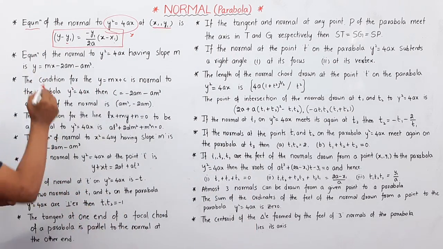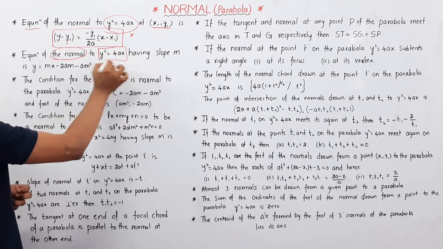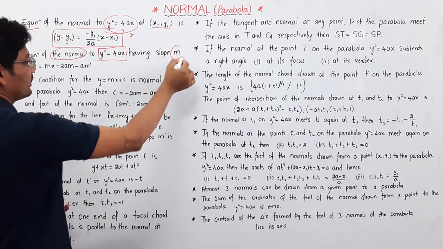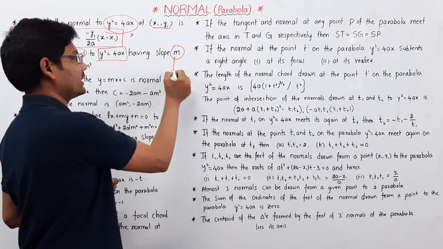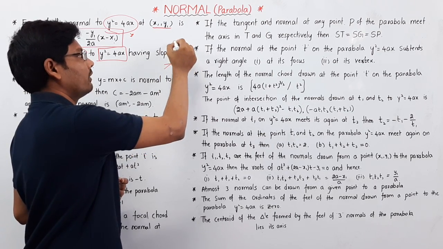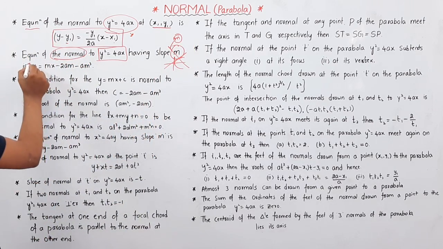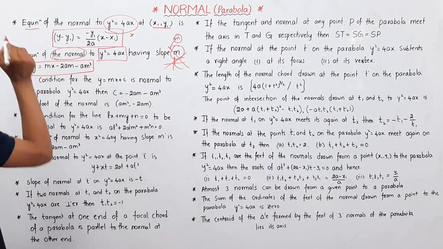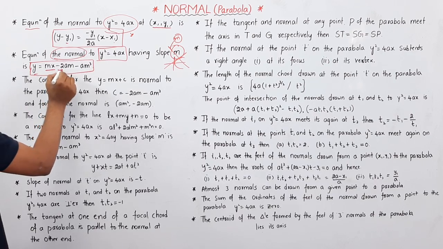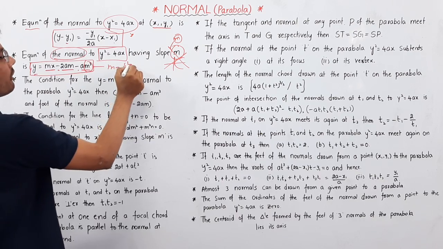And the next one, equation of the normal to the parabola y square is equal to 4ax, which has vertex 0, 0, and having the slope of that particular tangent. For example, this is a parabola, this is a tangent, and this is a normal. If you know the slope of this normal, we can find the equation of a normal. What is the expression here? Y is equal to mx minus 2am minus am cube,